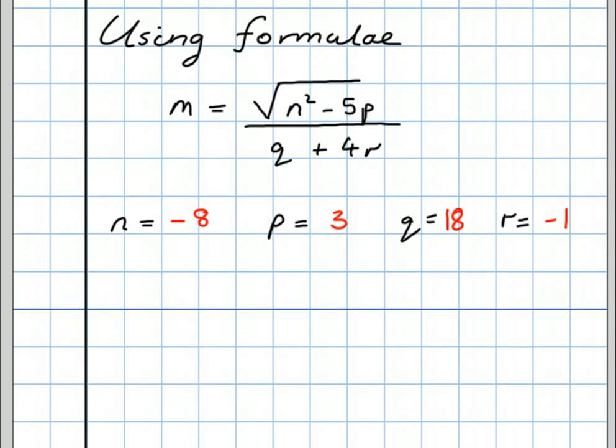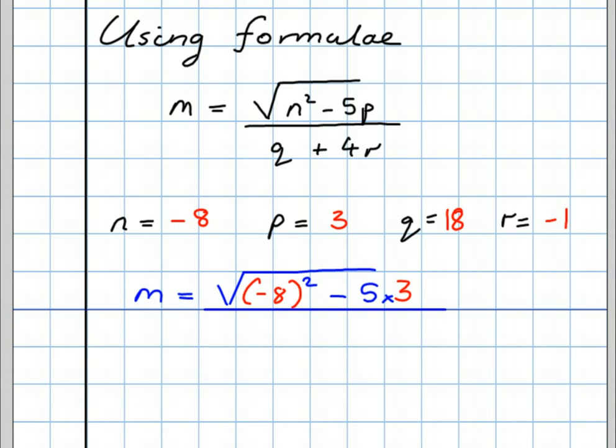Well, the first thing we do is we substitute these values that are given into the formula. So we write m equals square root of, I replace n with -8. Notice I put it in brackets because we should always do that with negative numbers. Take away 5p. 5p means 5 times whatever p is. In this instance it's 3. All over